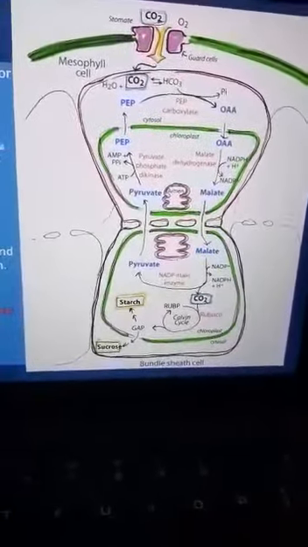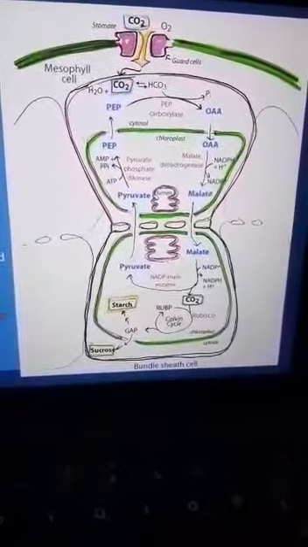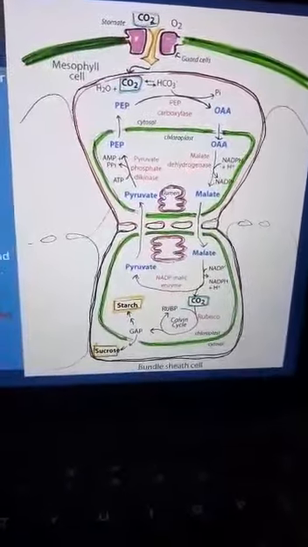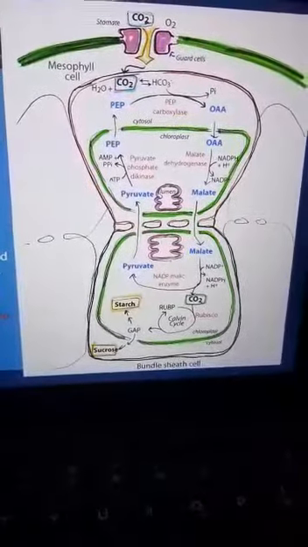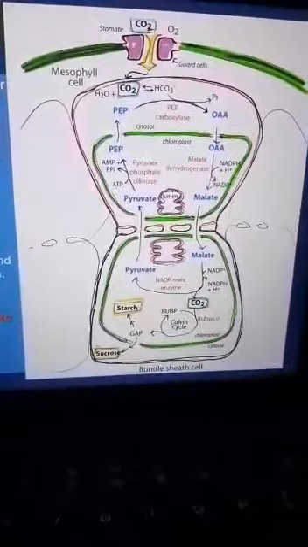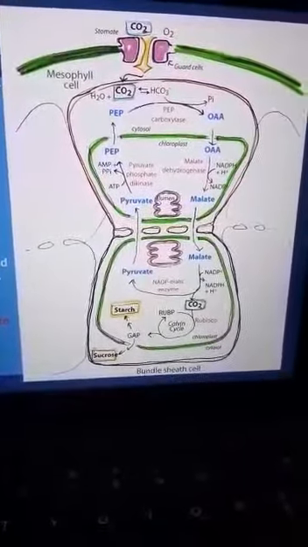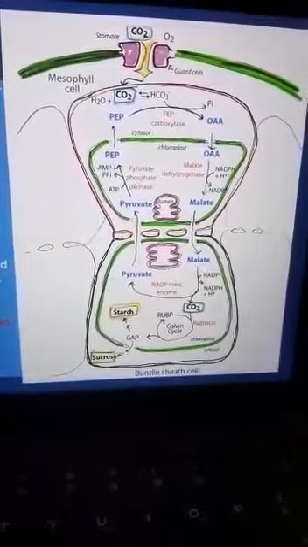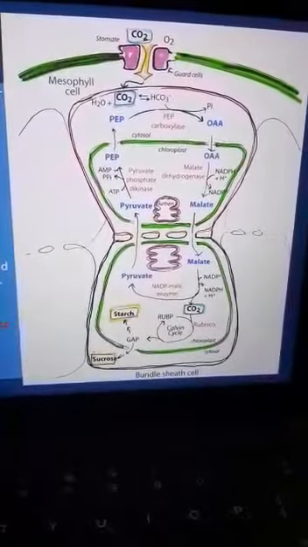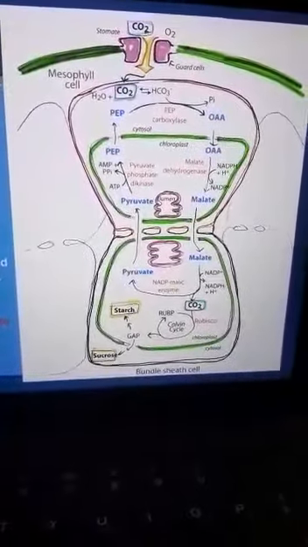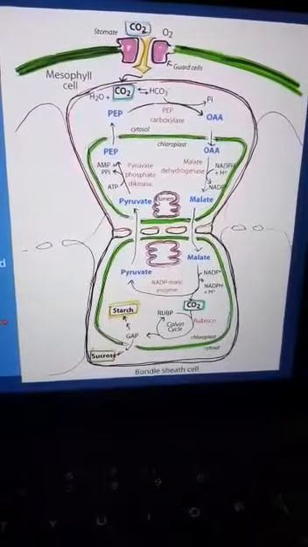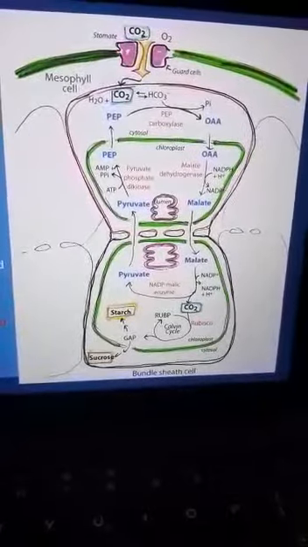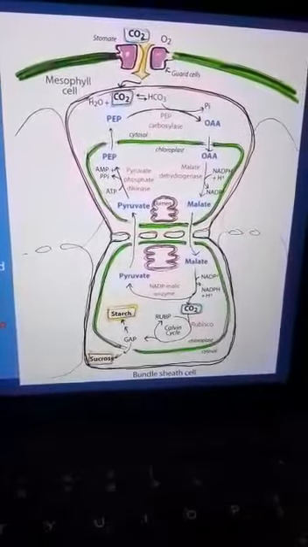Upfront, let me say, all the plants, if they are to make glucose, eventually must go through a Calvin cycle. A Calvin cycle is the only cycle that results in carbon dioxide being fixed to make glucose molecules. And the plants that, immediately after the carbon dioxide has entered the leaf, go directly to the Calvin cycle are called